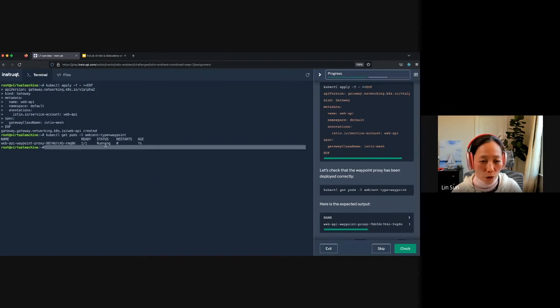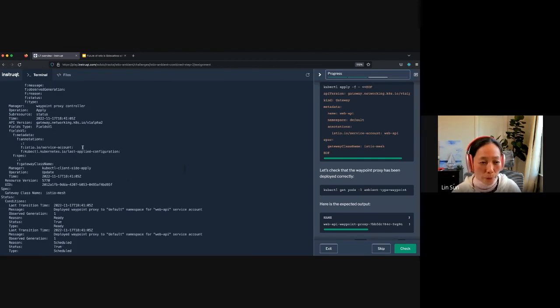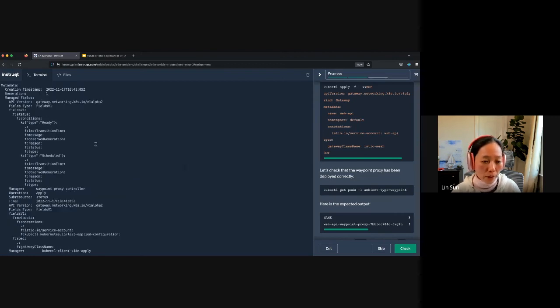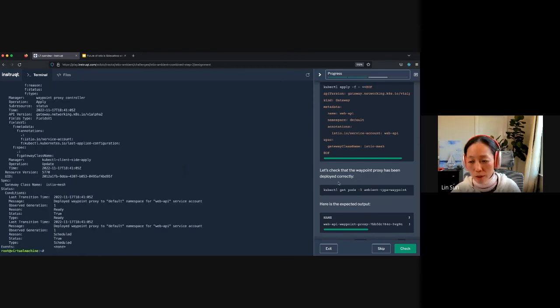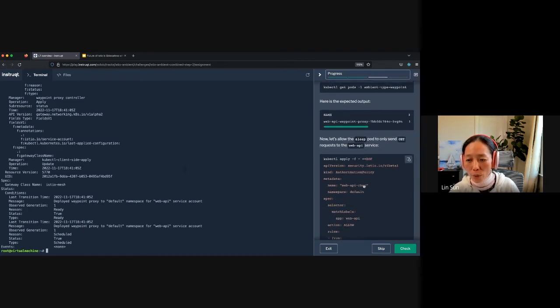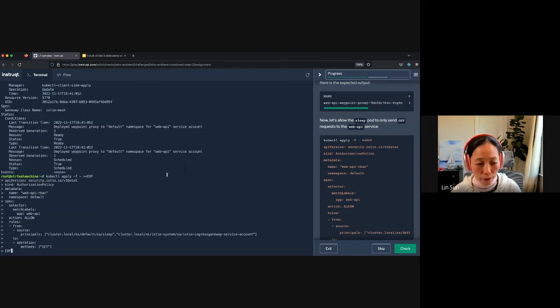So it shows you the status is running. You can also describe the gateway to see status. Yep. So it shows you a little bit more status that it is a Waypoint. It's deployed by the Waypoint proxy controller, which is the Istio control plane at the moment. All right, so we got our Waypoint proxy running, and now we're going to deploy the authorization policy that we